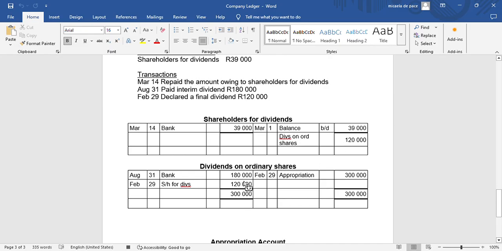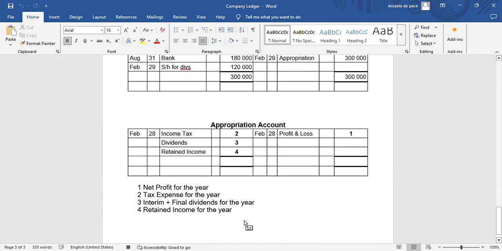Okay, and then after you've done your adjustment, which is this one here, you then close off, and this goes to the appropriation. So please note the amount that goes to the appropriation. It's the dividends for the current year only. Interim 180 plus final 120. So if we have a look at an appropriation account now,